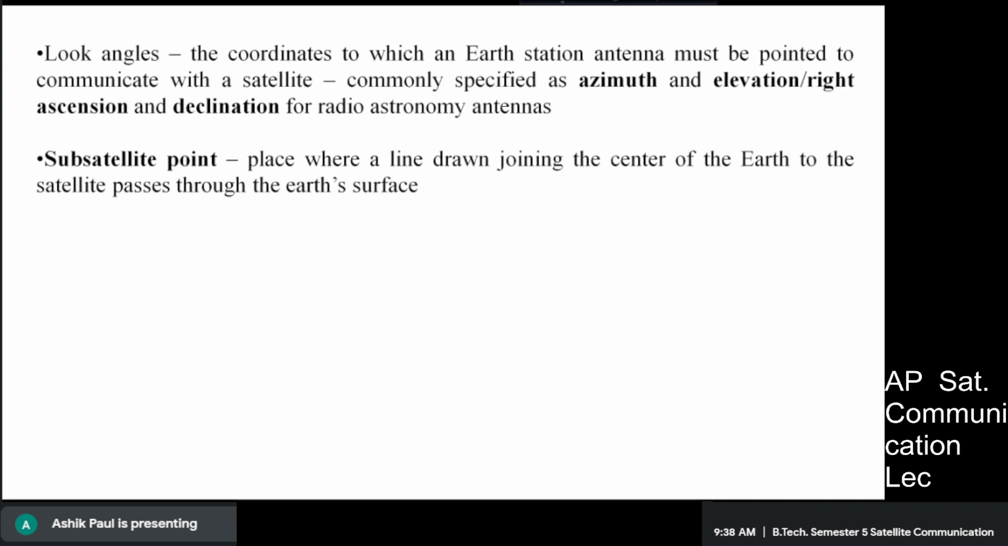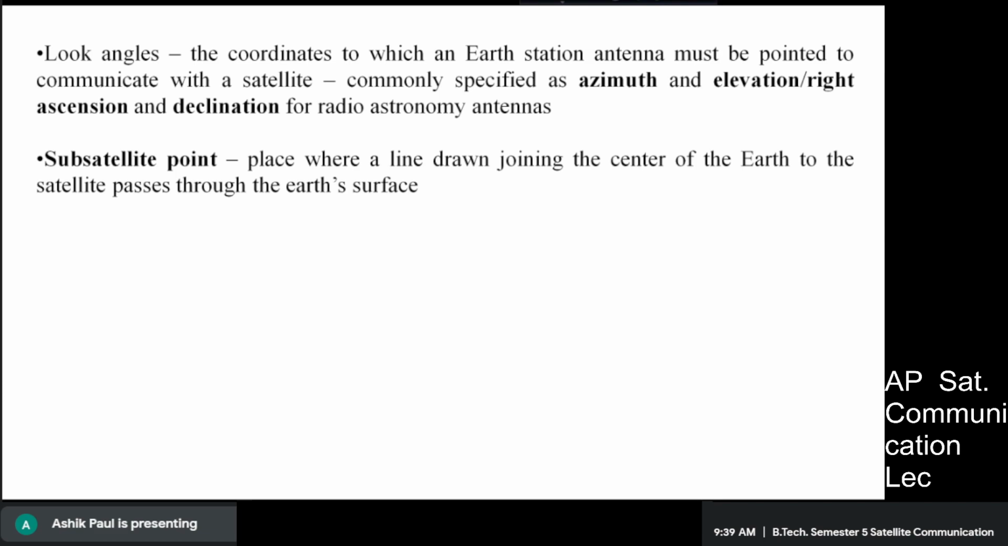We are not talking about transmission across a few meters or a few feet, but instead we are talking about reception of signals from satellites which are at least 20,000 kilometers above the surface of the Earth. So, the coordinates to which an Earth station antenna must be pointed, that means the direction in which your antenna for receiving the signal must be pointed, those coordinates are commonly known as the look